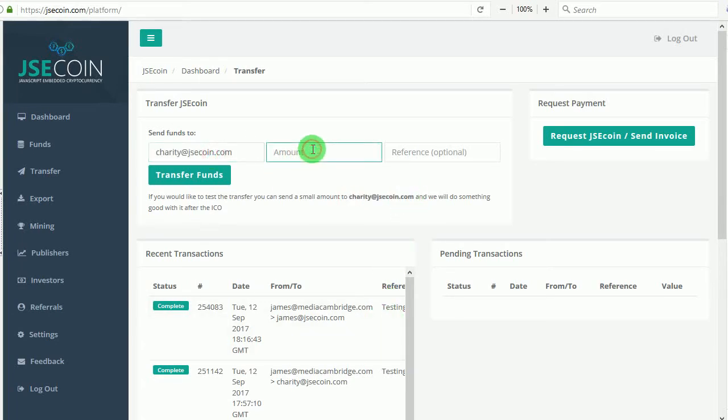We haven't quite decided what we're going to do with this account yet, but basically after the ICO, we will do something with it. Maybe we'll have some kind of voting system in the community, or we're going to put it to a good use anyway. So, test charity account